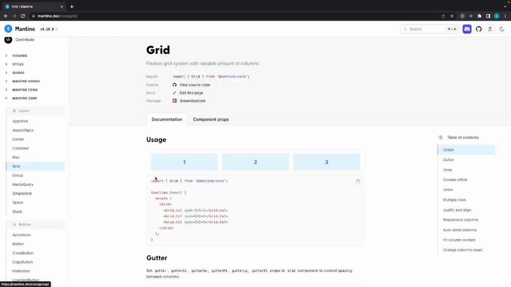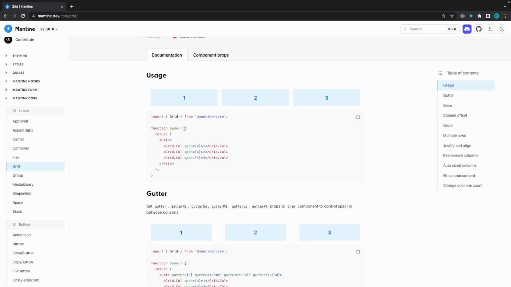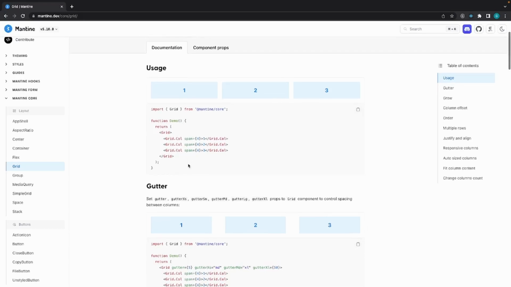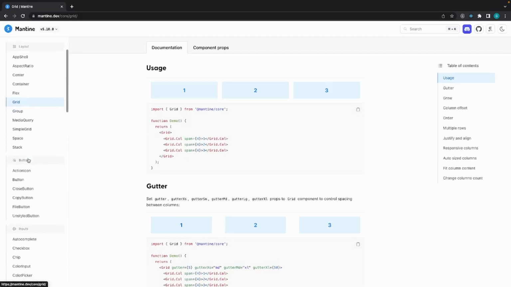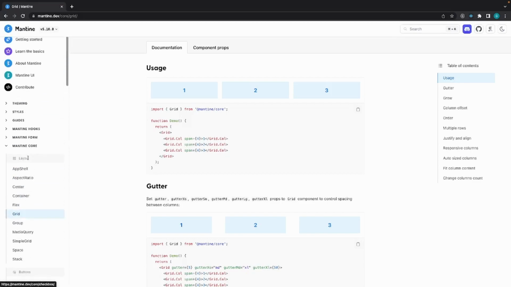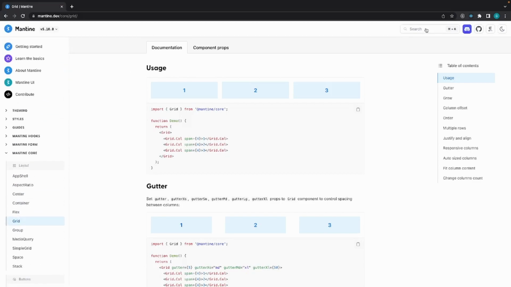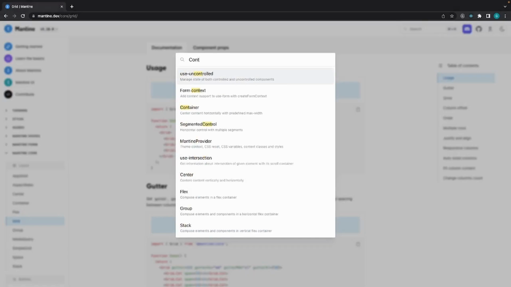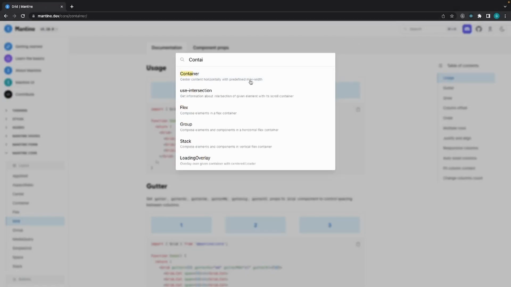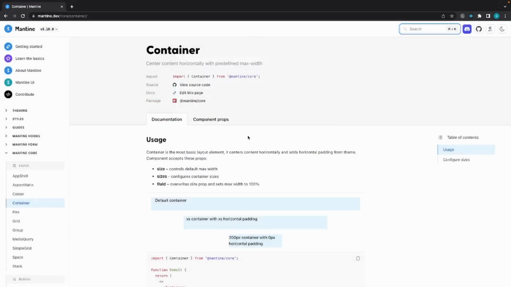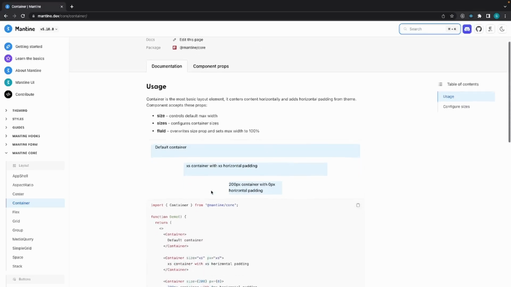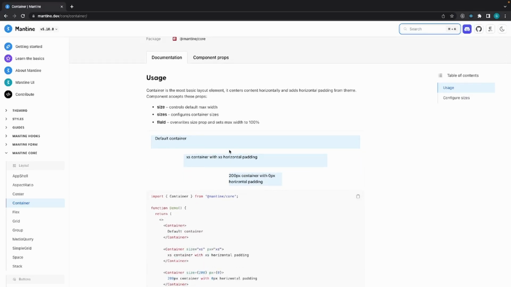So we can go to the grid section and see, okay, this is how you use a grid in Mantine, which I believe we're going to use, and we're also going to use a container. If you go into, I believe they have a search bar somewhere here, right on the right, and you put container and click on it, now it takes you to container, and it just gives a little description on what it does, which is, center the content horizontally with a predefined max width, and you can see little examples of what it